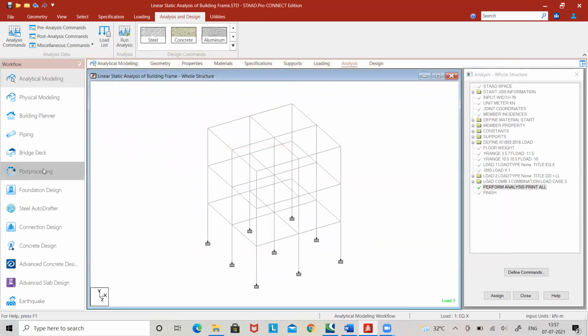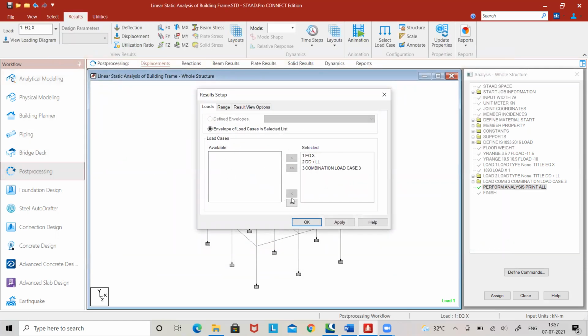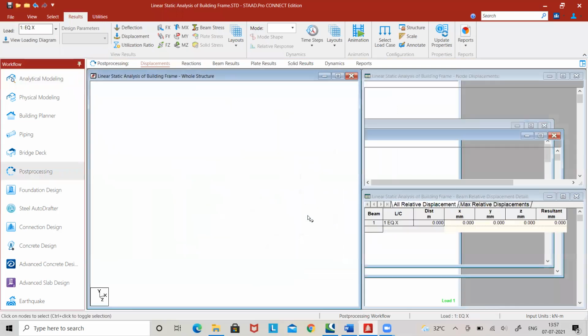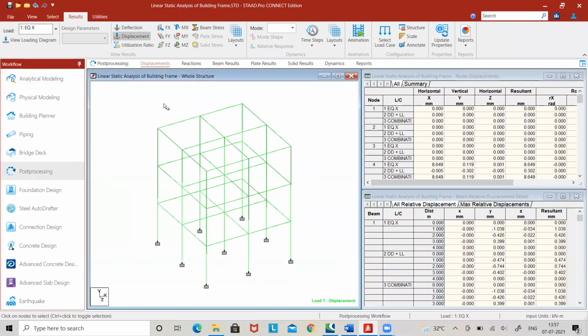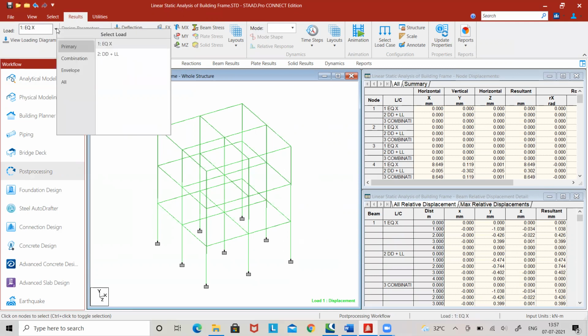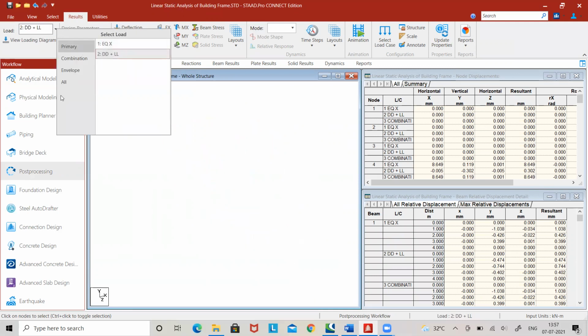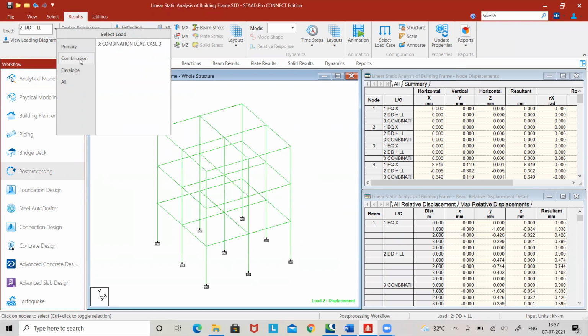Go to post processing. All the load cases, if you want to select, you can select, or any combination you can select. Say apply. Okay. And here now you can select the load. Here this diagram will be for EQX. Then next, if you want to see for dead load, live load, you can select it, for combination also.